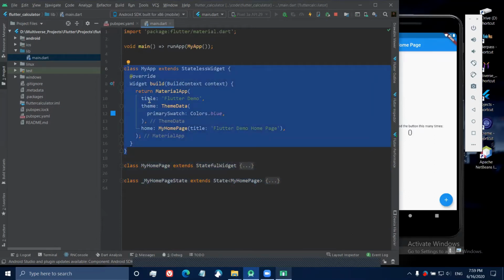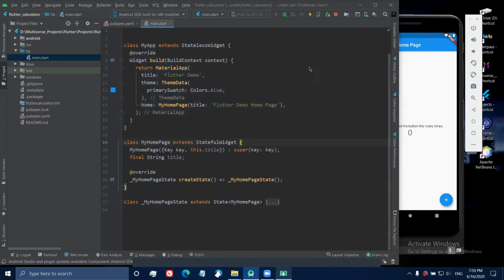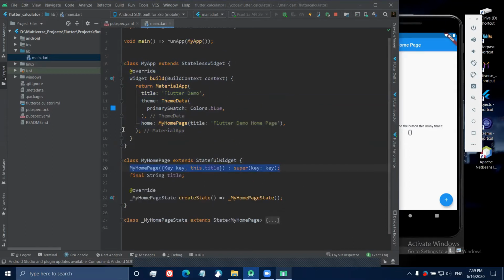So the difference between how we code stateful and stateless widget is, in stateless widget we have a single class, right? In stateful widget, we'll again declare the class name, then we'll use extends, and then StatefulWidget, right? Here it was StatelessWidget, here we have StatefulWidget, and then we have used a constructor. We may or may not use a constructor, depending upon our needs. Then we have something called